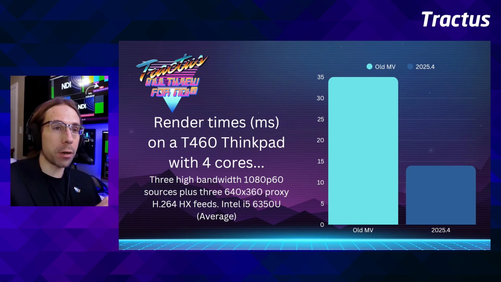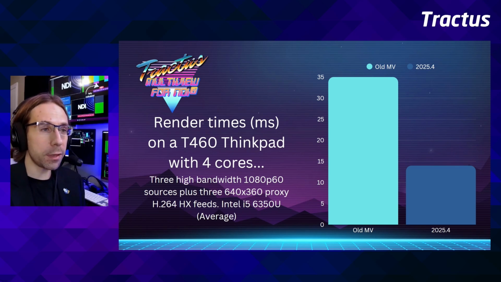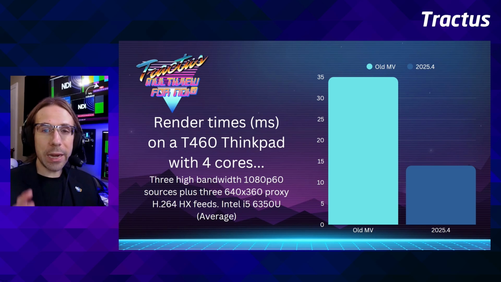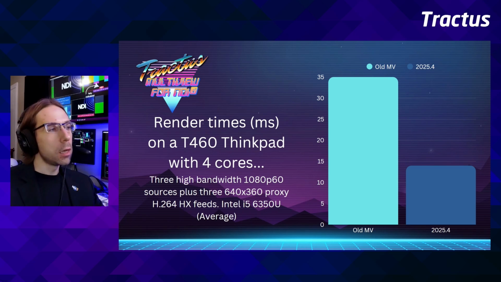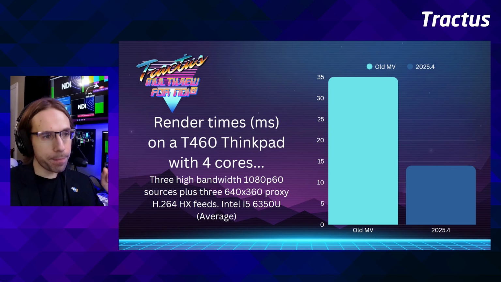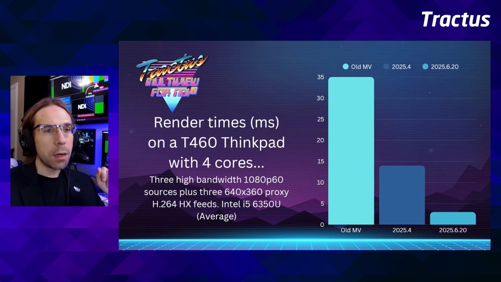I actually dug out an older build so that I could rerun all of these. With the latest build, running in nearest neighbor, so it's not the highest quality, this is just for sheer speed. In the latest build on that same ThinkPad, the same Multiview that was taking 14 milliseconds to render and send out as an NDI source as well is now doing the same scene at 3 milliseconds.